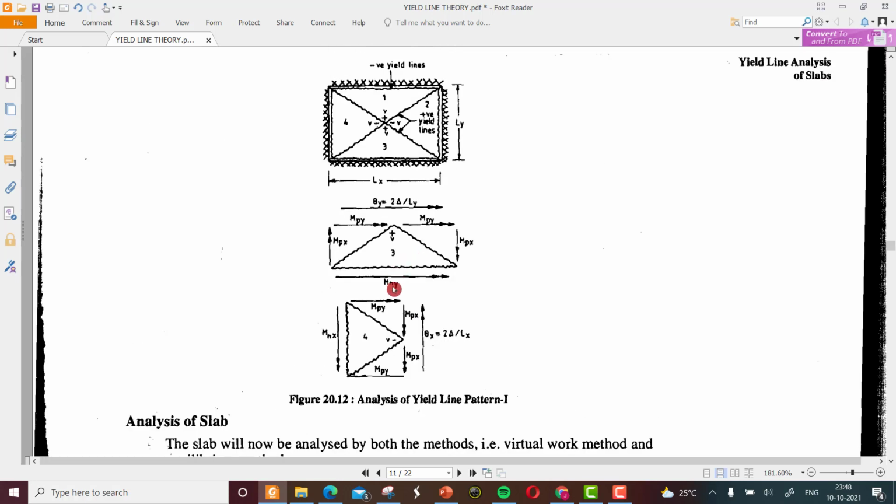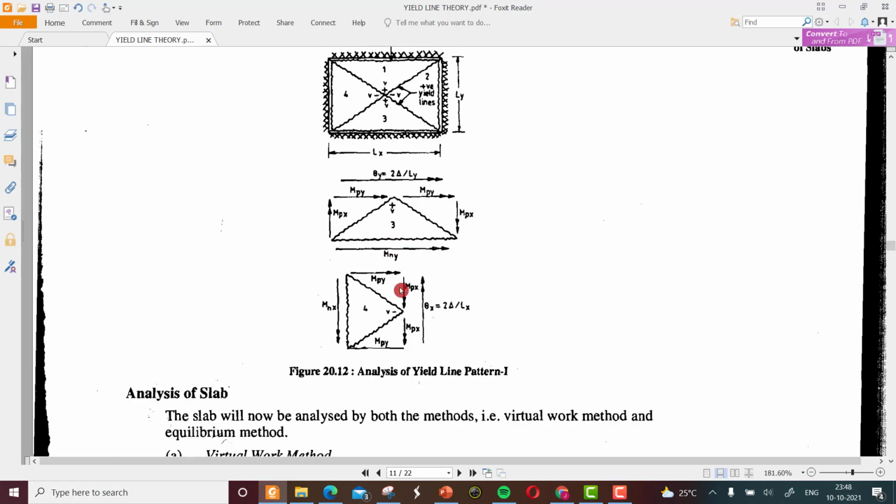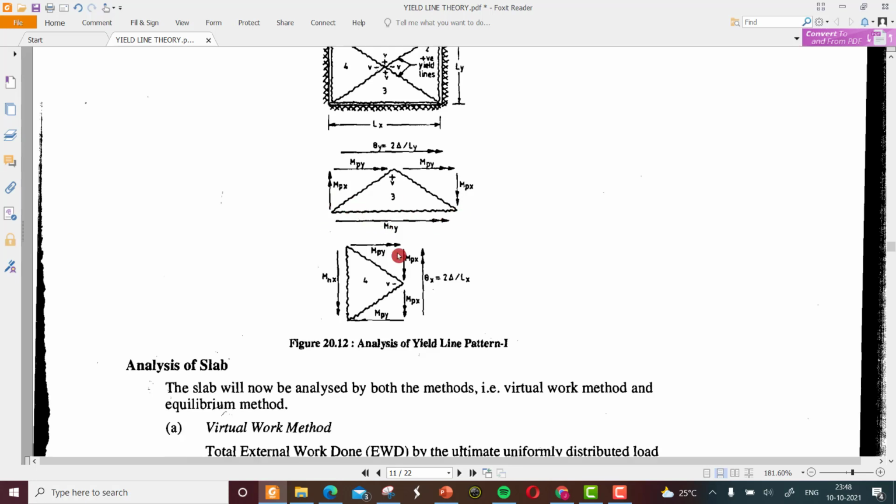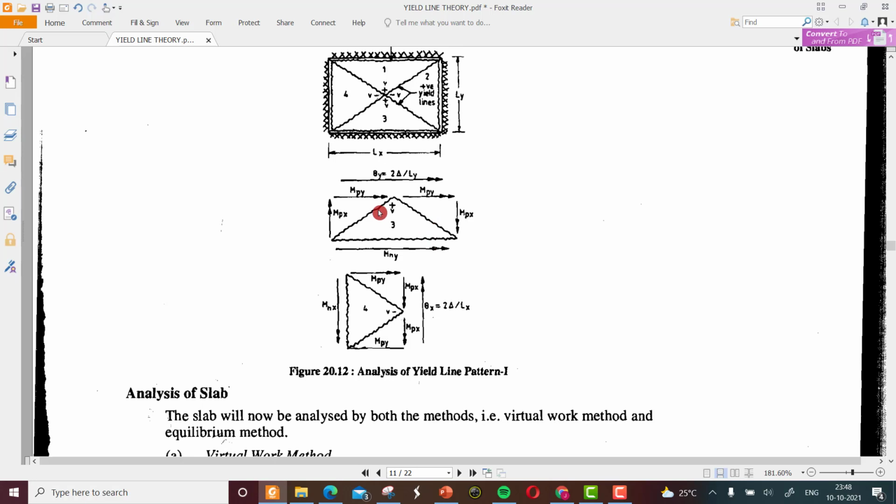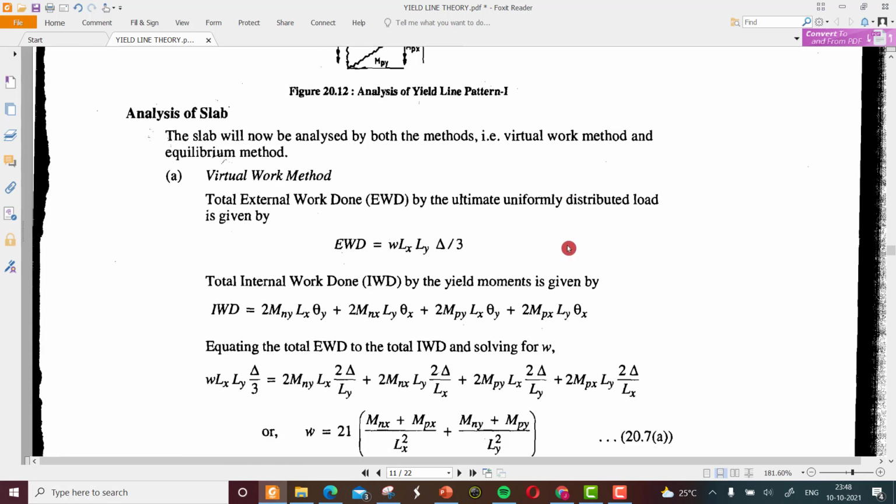So the Mn, the normal one, is always parallel to the support direction, and the Mpx and Mpy are the non-parallel sides in the segment considered. Okay, so coming back to the total work done,